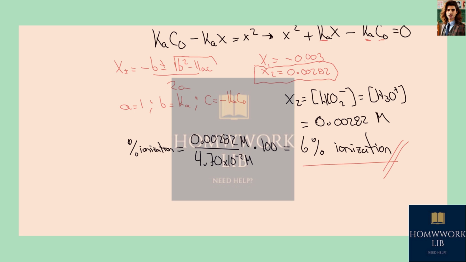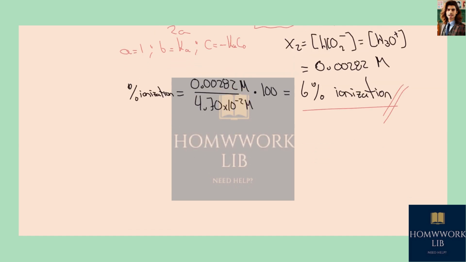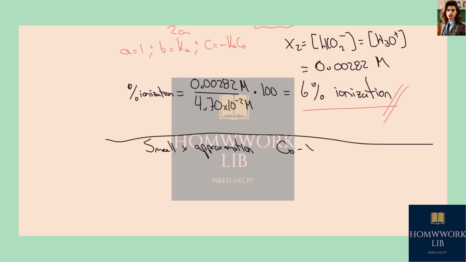Now, for the sake of completion, let's look at what would happen if we employed the small x approximation. Under this approximation, the value for C0 minus x is going to be approximately equal to C0. So with that, the value for Ka is equal to x squared divided by C0. Thus, x would be the square root of Ka times C0,